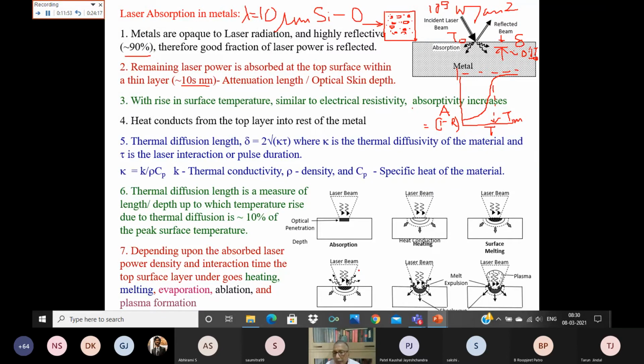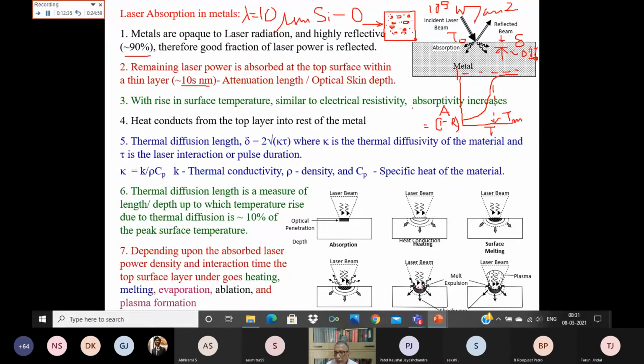Now, what has been shown here schematically is the laser power, this is the optical penetration depth, that is skin depth you can say, and the laser beam temperature has increased, heat conduction is taking place. If the laser power is enough, then it can melt the material, so the surface can just get melted. If the laser power is much more than that, then a certain amount may start vaporizing, and this vapor is going to provide a good amount of pressure on the molten material to eject out the molten material.